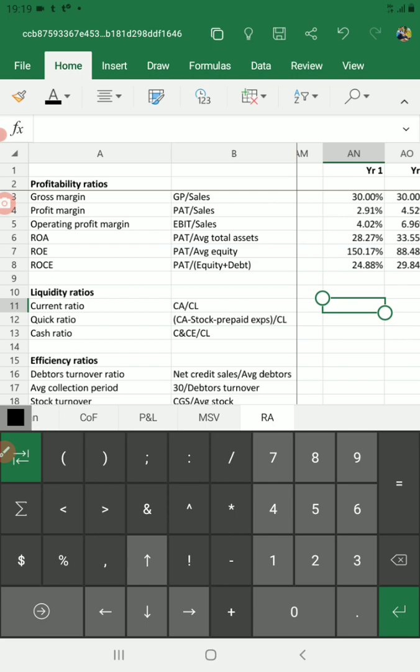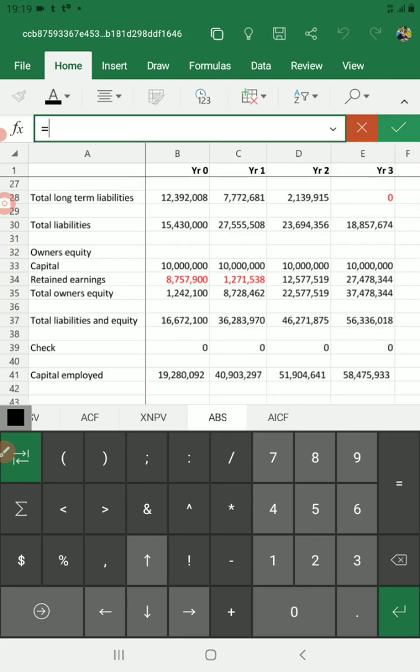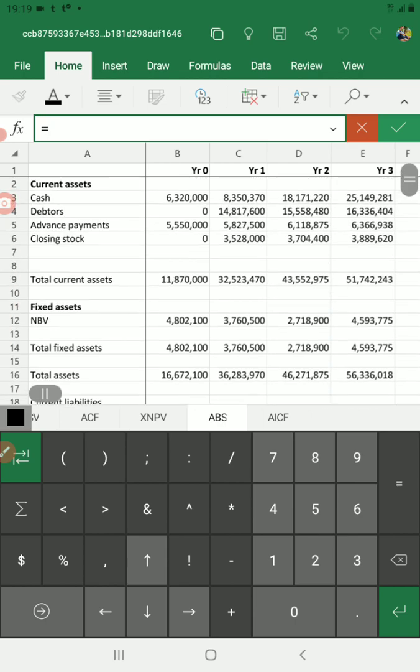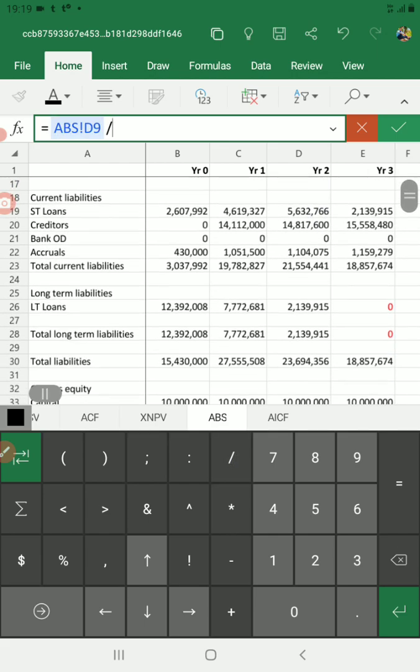Okay, so these are the annual ratios now. Start with an equal sign, go to the annual balance sheet. Now in this case, annual balance sheet, this one. So we take total current assets, which is this figure, divide by total current liabilities, which is this figure,